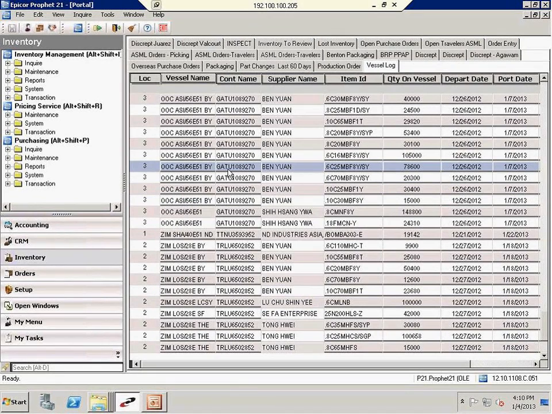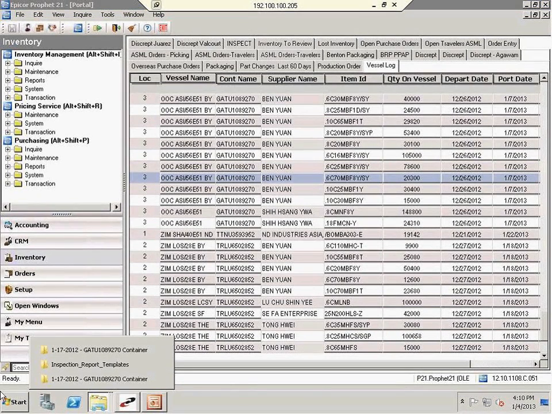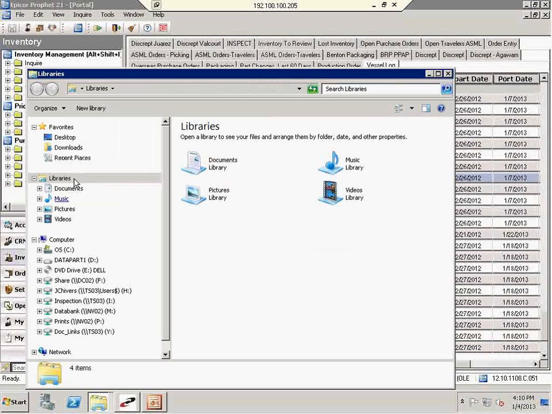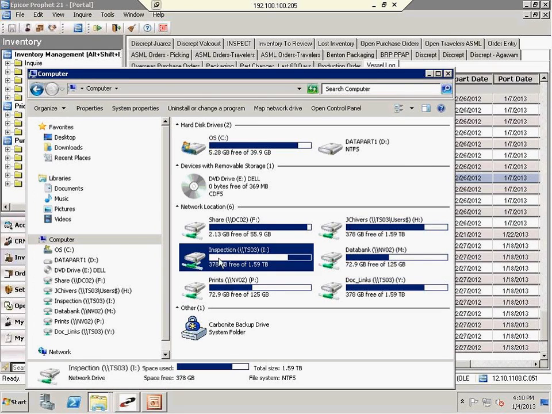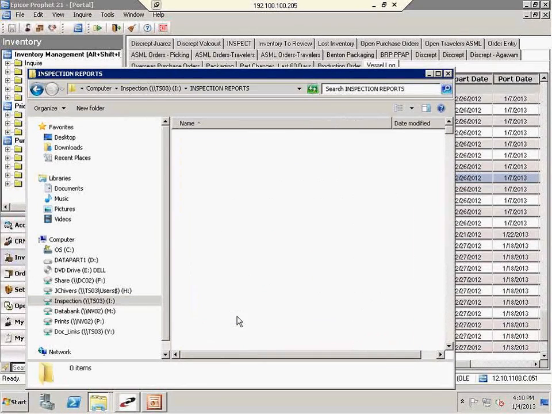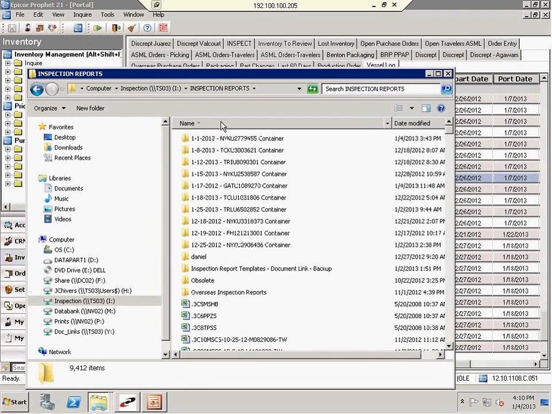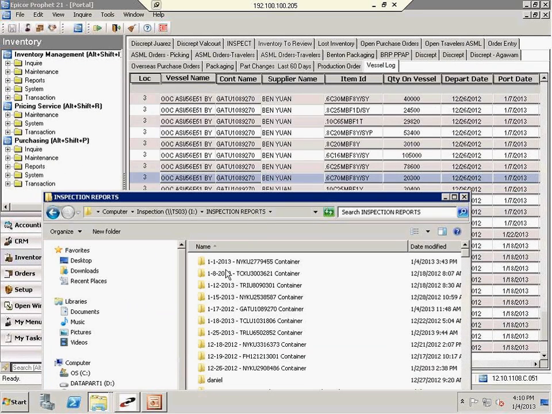So let's take this container that's going to Juarez, GATU 1089270. Go to the computer, go onto the inspect drive, the iDrive. I click on action reports. You see that there are some folders that are organized by container names. And the file format is always the same. It will be the date in US format and container name. So we were interested in this container here,